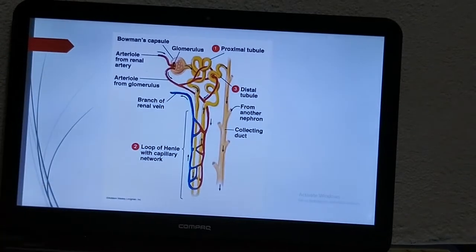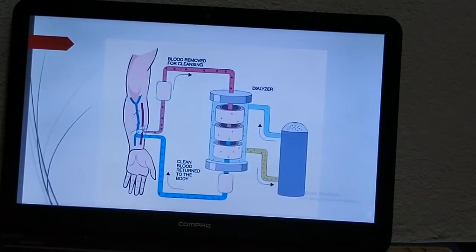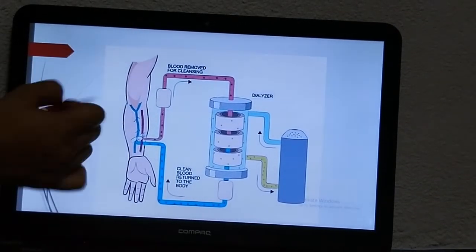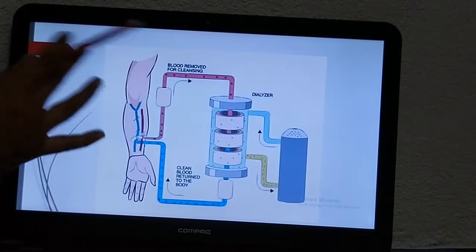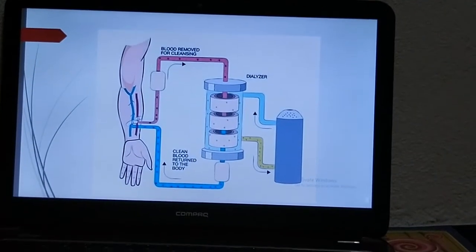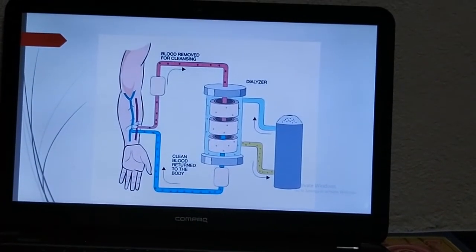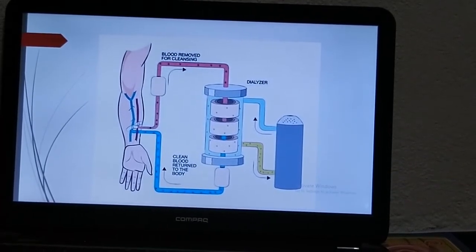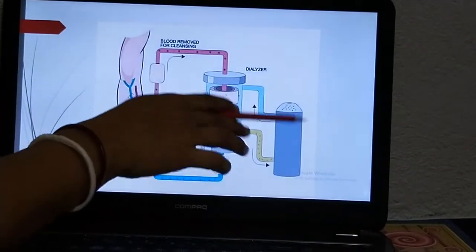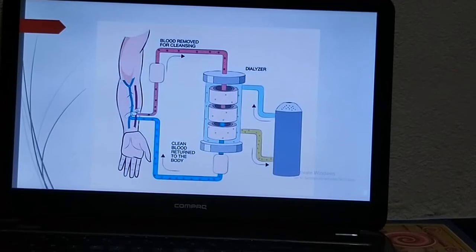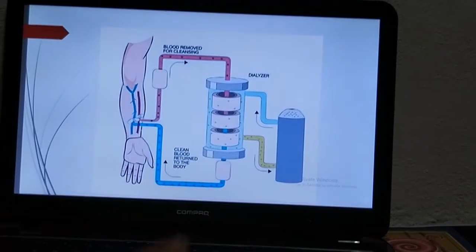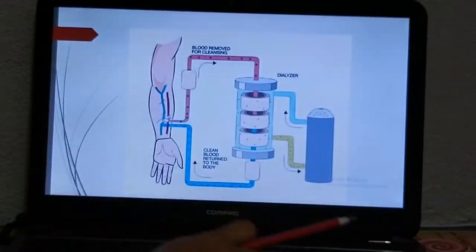So suppose it's not going to work properly, then what happens? We need to go for dialysis, meaning the artificial kidney. Here we will make a channel. Blood is going to be removed and passed through this dialyzer machine. There it is going to be purified using a semi-permeable, especially selectively permeable, membrane. Okay, so both the liquids have the same pressure, but this selectively permeable membrane will allow the nitrogenous waste to go through to the dialyzing fluid, and ultimately the blood is returned to the human's body.